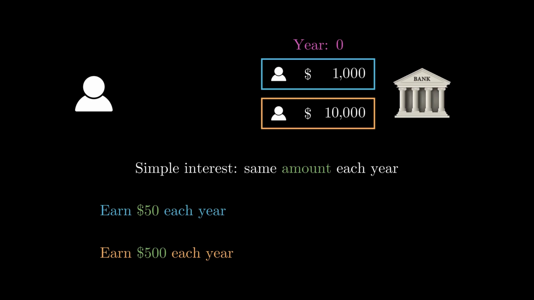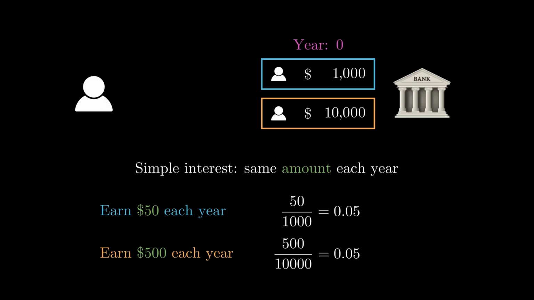And because of that, bank accounts are not really defined by how much interest they pay as a dollar value, but rather how much they pay in comparison to what you put in at the beginning. So say for the blue investment, we're comparing the $50 with the $1,000 you put in, giving 0.05. And for the gold investment, we'd be comparing the $500 with the $10,000 you put in, giving the same 0.05, again, only because it's the same bank account. It's not always